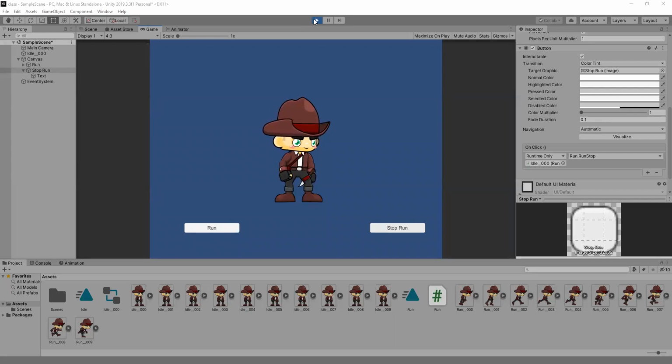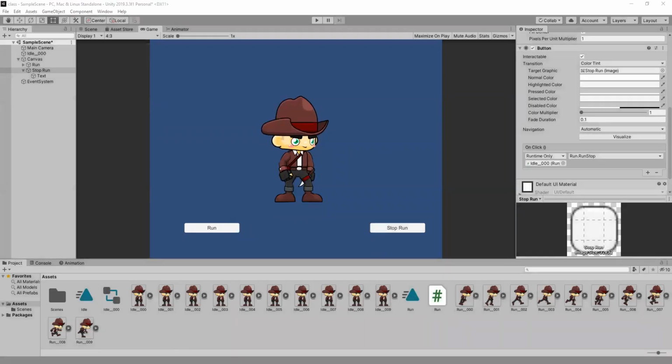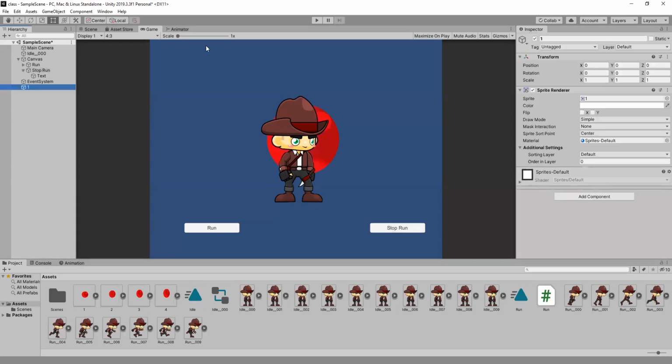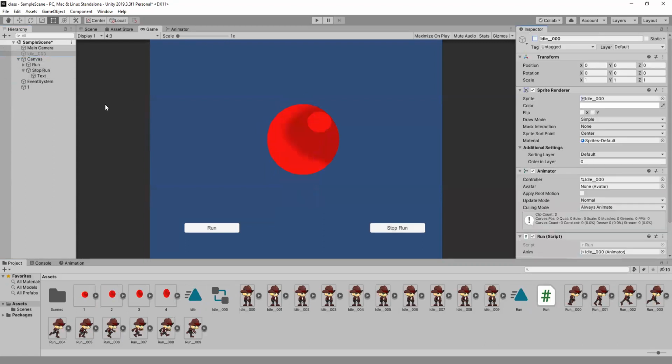Okay, now drag and drop them. This is your first one.